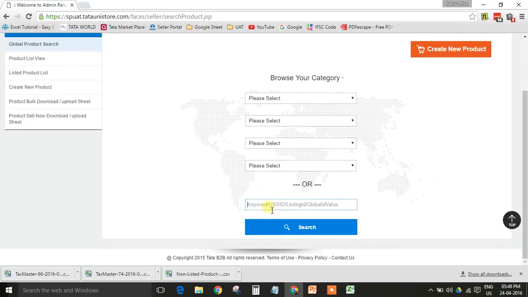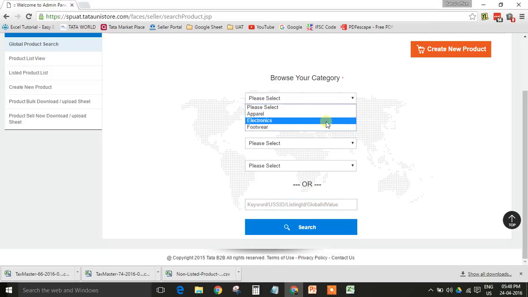First is that you know the EAN codes or the UPC code of your product. You feed that data over here and click on search and you will get all the relevant result. The second one is that you know the L4, that is a final product that you want to sell. So over here I want to sell a water purifier. So for that I need to select the first option.